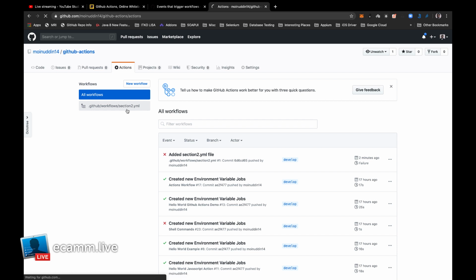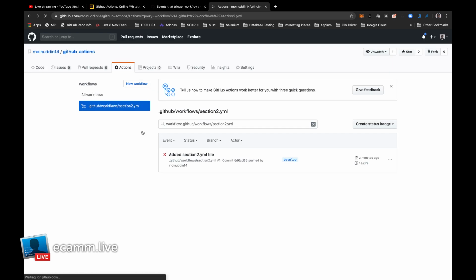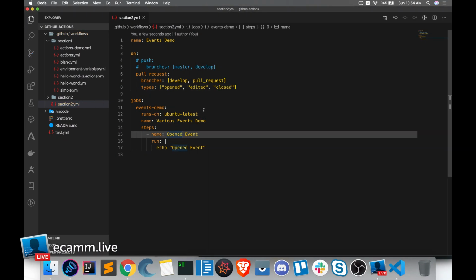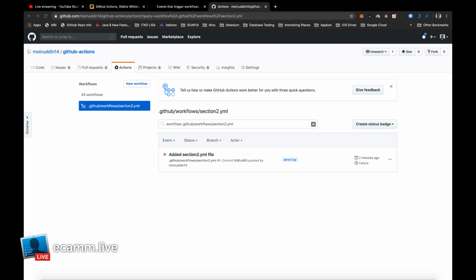Okay, nothing is there. It triggers nothing, right? This was something that got triggered 2 minutes back. The reason why it is not triggering is because we have this for only pull request, right? So now if I go to pull request,